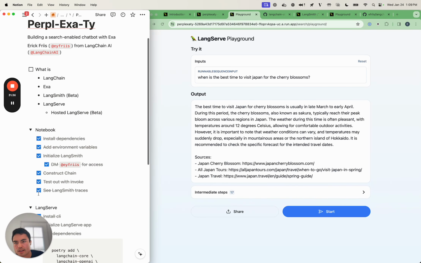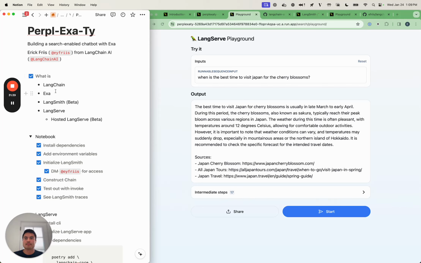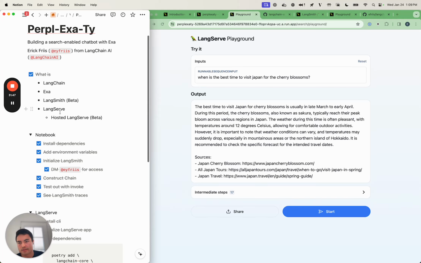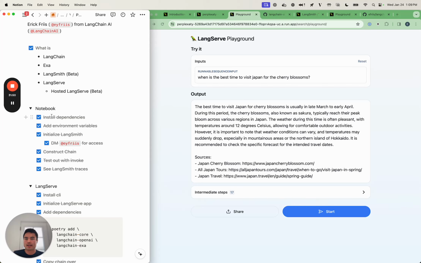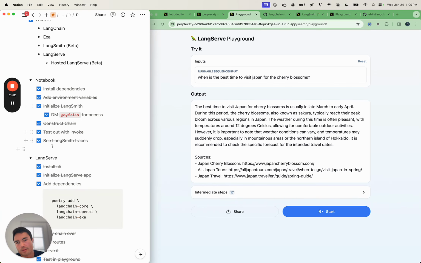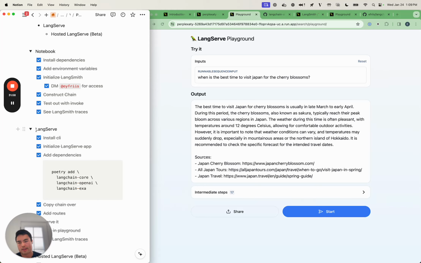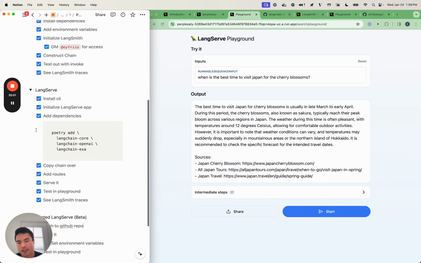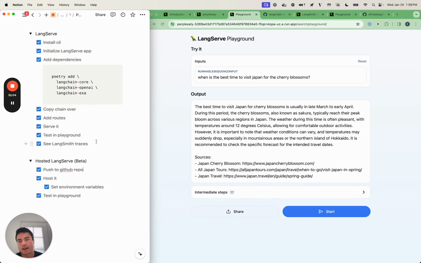In recap, today we went through building a search-enabled chatbot with Exa using LangChain, Exa, LangSmith, and LangServe. We started by developing our chain in a Jupyter notebook. That was where the bulk of the LangChain specific logic was. Then we ported that over to a LangServe application using the LangChain CLI. And monitored what was coming out of that through LangSmith traces. And last but not least, we deployed our LangServe application in Hosted Langserve, also a beta product, as part of